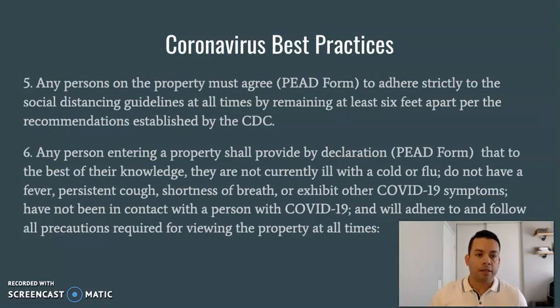And the next basically is any persons on the property need to sign a form. So it used to be we would just set up an appointment, we would go in, we would show the property based on appointment, or if it was vacant, we would just access the lockbox. But now the best practice is to have every buyer, every person that's going to enter the house, sign a